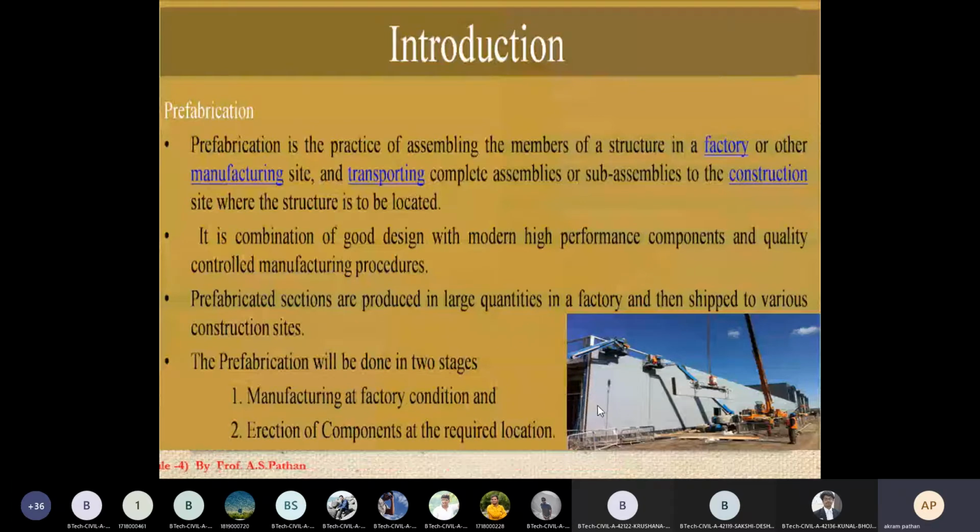Okay, so if you want to construct a very large length of wall, with the help of prefabricated constructions, we can have it already constructed as per your demand in the factory itself, and then we need to bring it to the site and assemble it on the site. So the most important advantages regarding